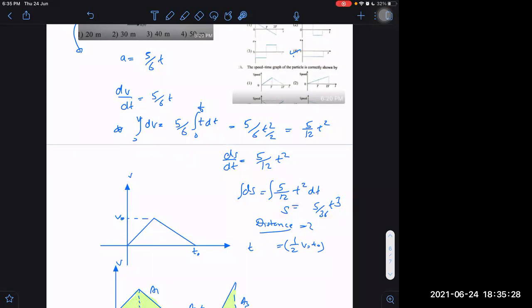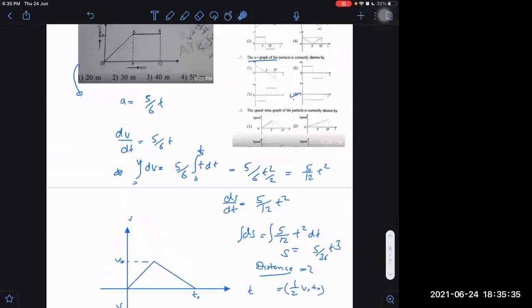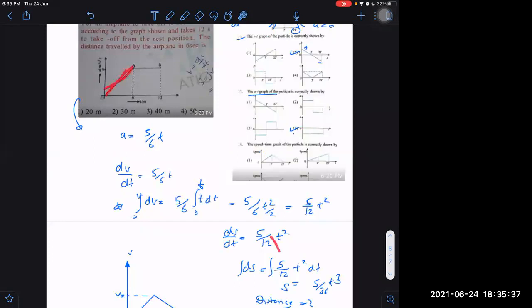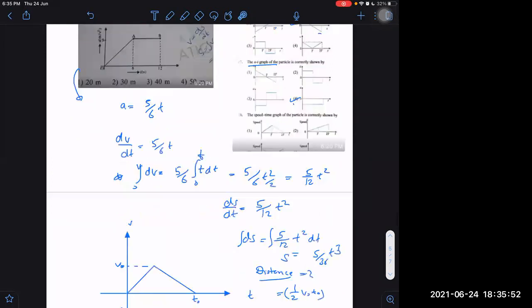Plotting the graph does not mean that there is some direct method. We may have to do some calculations. We may have to get some idea of the powers. If I have to plot the displacement versus time graph, I don't have to go through this entire procedure, because I already know it is a linear graph. Integrating a linear graph once will give us a quadratic, parabolic graph. Then on integrating once again, we will get a cubic graph. One more question, let us say this one.